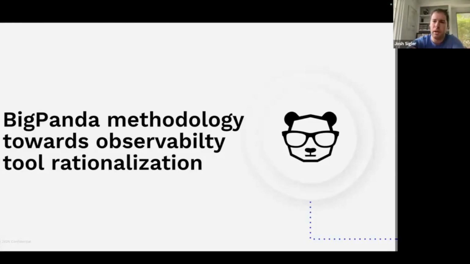Thanks, Adam. Now, in a lot of the different conversations that I've been part of with customers who want to do tool rationalization, there tend to be 2 different trains of thought. One of them is more around intuition. And Adam mentioned this in his slides before, where it says, hey, in absence of data, how do you approach tool rationalization? You go with your gut, you talk to people, see how long a tool has been around for, and you try to arrive at the right decision on what actions you should take. The other thing,